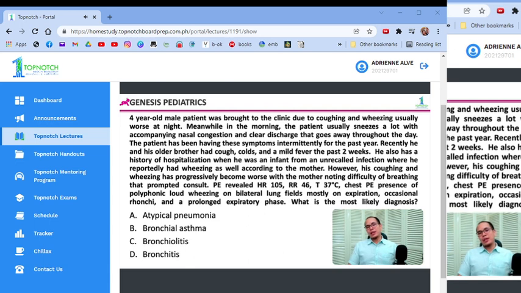If I'm not mistaken, this is our last case. So, sana guys, marami kayong natutunan for this short session in Pediatrics Genesis. I try to give as much as I can with the given time. And hopefully, maalala nyo yung mga tinuruan natin. Mga pinag-aralan natin. I don't expect you to remember everything in one sitting, so hopefully balik-balikan nyo itong mga lectures